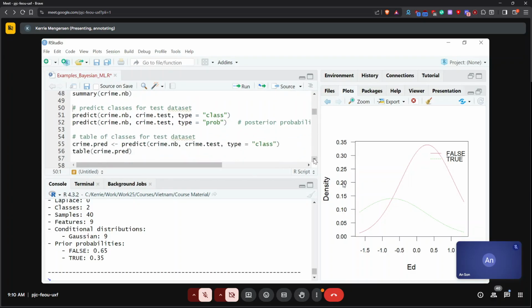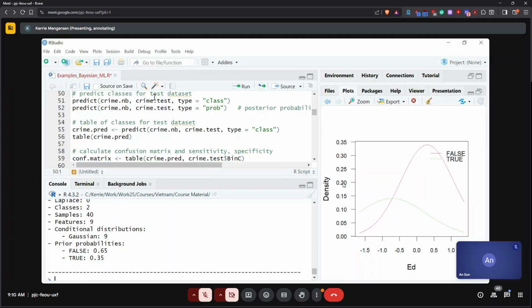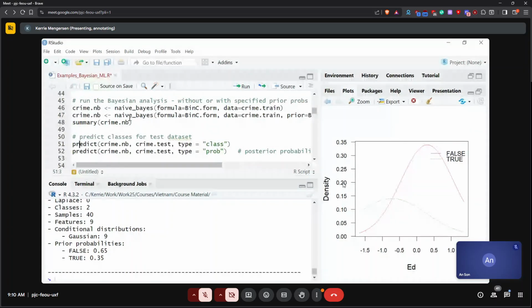Okay, so now what we want to do is predict the classes for the test data set. So the command here is predict, using the model that I've set up. So this is the results of the Bayesian analysis. Use the results of the Bayesian analysis here and fit the test data set. So we've split the data into a training set and a test set.